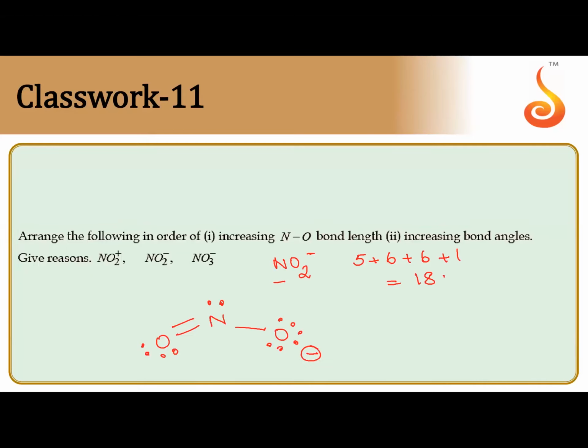So minus here. Total electrons are 8 here, 8 here, 16, 17, 18. So it's coming to be correct here. Now what will I do in my resonance structure? I'll put oxygen here. Meaning, what is the bond order? 2 plus 1, 3 by 2. 3 by 2 is 1.5. So NO2 minus is 1.5. NO3 minus was some 1.33 or something. And NO2 plus came to be 2, right? So this is the order of bond order.